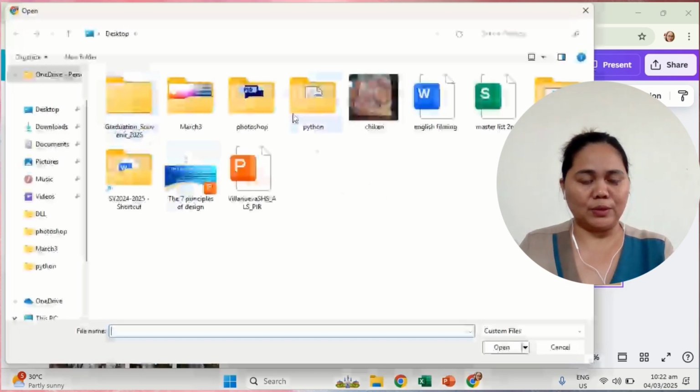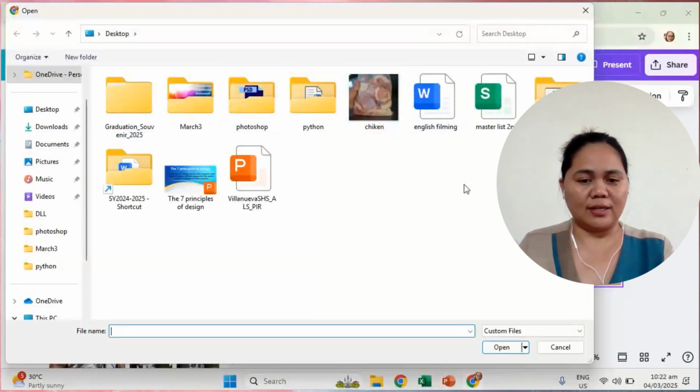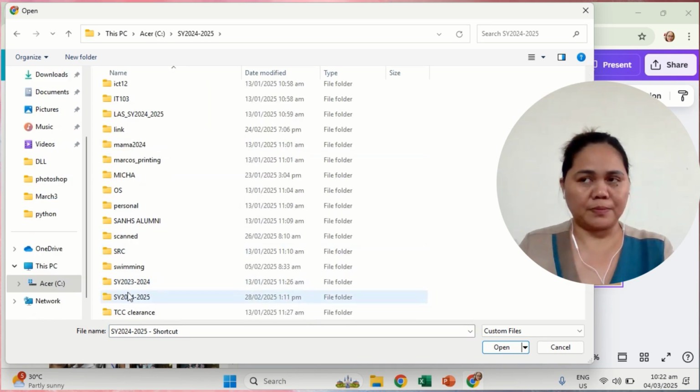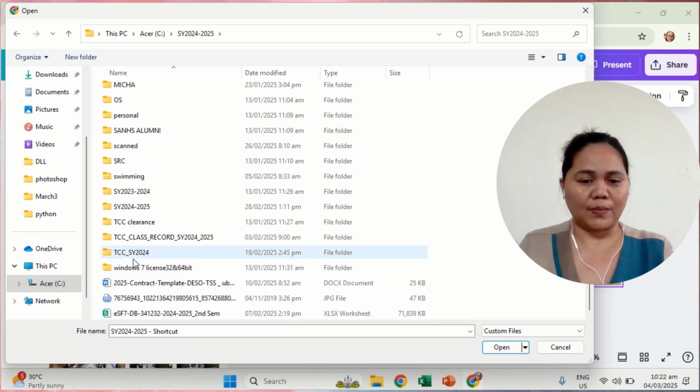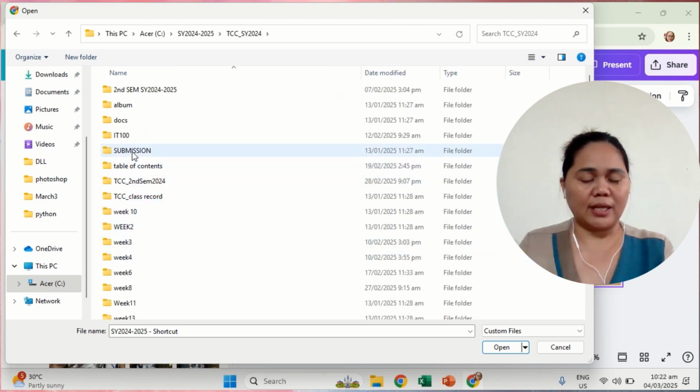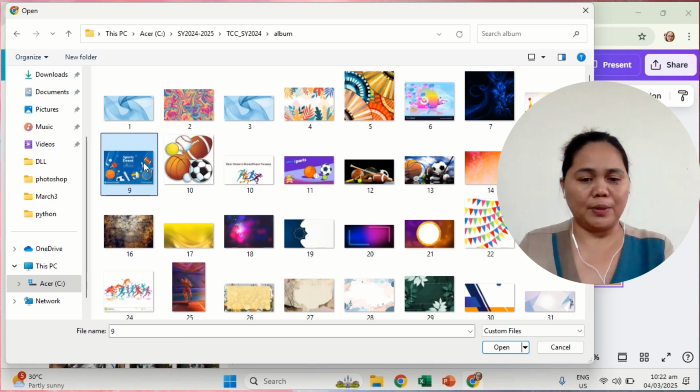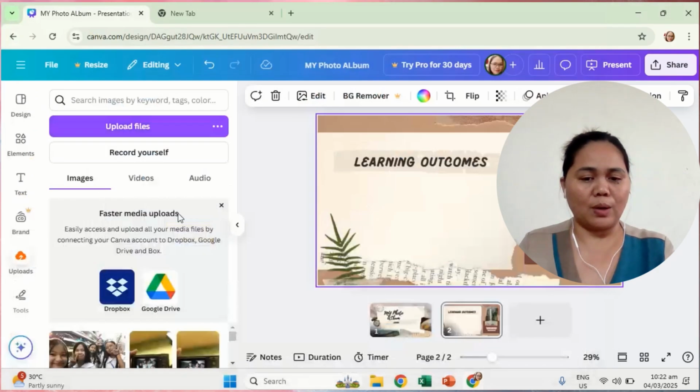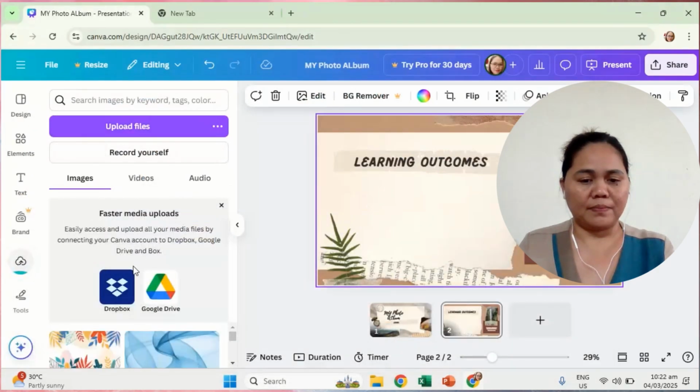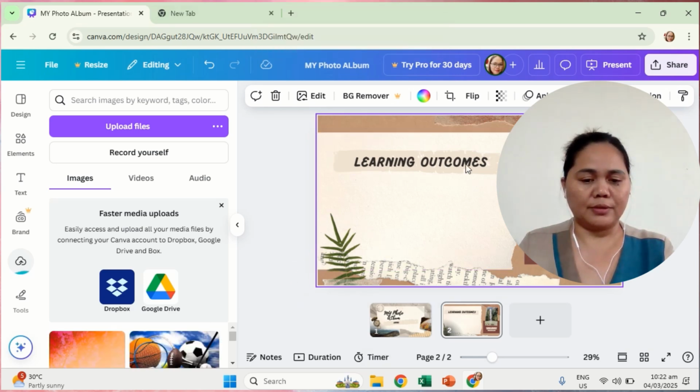You can have upload. So find the folder of your photos or your pictures. After finding them, select them and then click upload. Click open. Okay, so you now have your uploaded pictures.